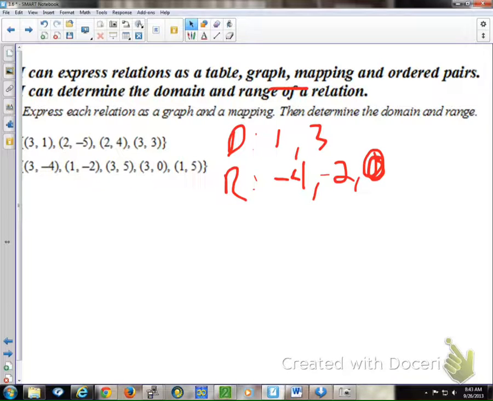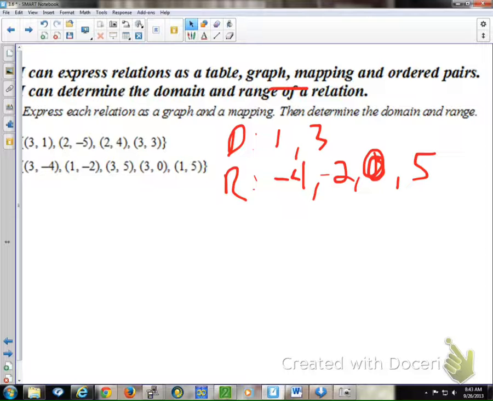2, 0. And 5? All the 2, fives? 5. 2 fives. No, you only have to list them once. That's the point of the graphing and the mapping, is so that you can see them individually. But no, when you list the domain and range, you only have to list it once. My reasoning for that is, if they were to ask me what I had in this class, I wouldn't say I had a freshman, a freshman. I'd just say, hey, I had freshman. That's like the range of this class. I would just say, hey, that's what I have, and they know it's in here, if that makes any sense.